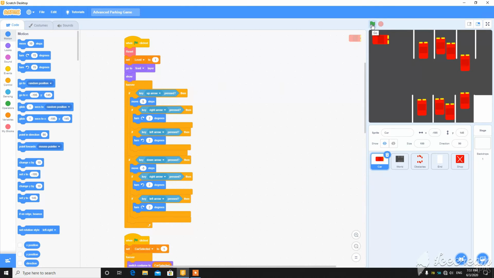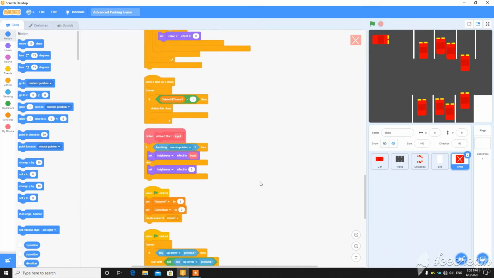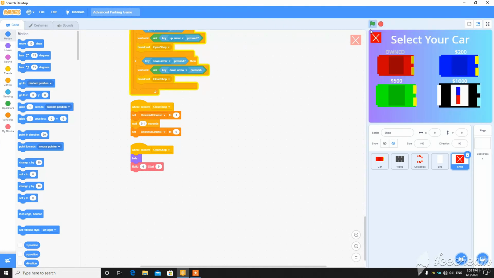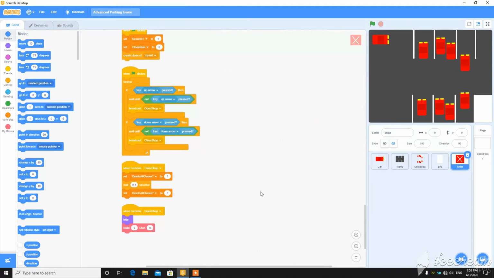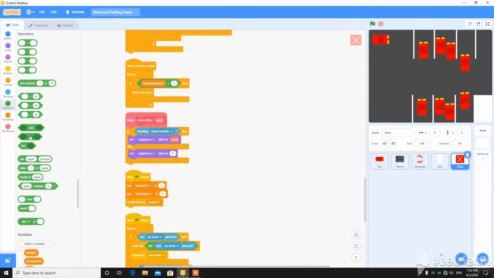First of all, we'll check this. The shop button is appearing, click, shop is opened, but this button is not visible. Go to the shop and then set this to 6. Now let's see. So this is working good, but the shop button is not visible again. Then you can go to the script and put here, and duplicate this and put here a not, but the clone number is not equal to 0.